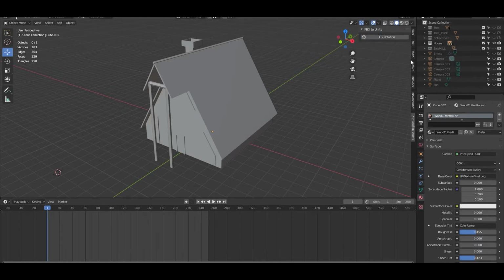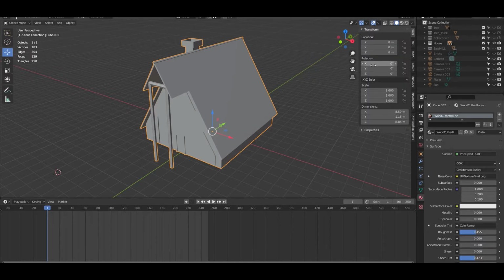Now click on the Game Helper and you can see this fix rotation button. Now by clicking on this fix rotation button, you can fix any object's rotation with one click. As you can see, the rotation value is set to 0 for all axes. Now we come to the add-on and click on the fix rotation button. After that, you can see the rotation value of the x-axis is set to 90 degrees. So it first set the x rotation value to minus 90 degrees, then applied the rotation and set it back to 90 degrees on the x-axis with one click.